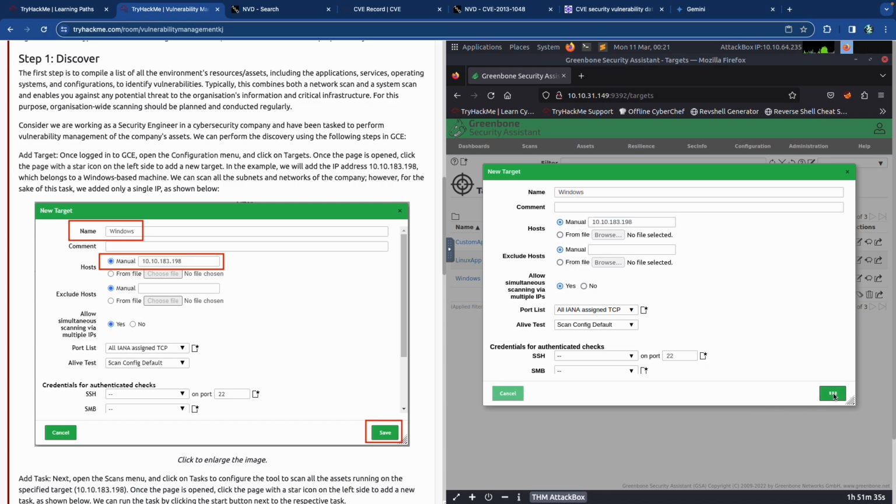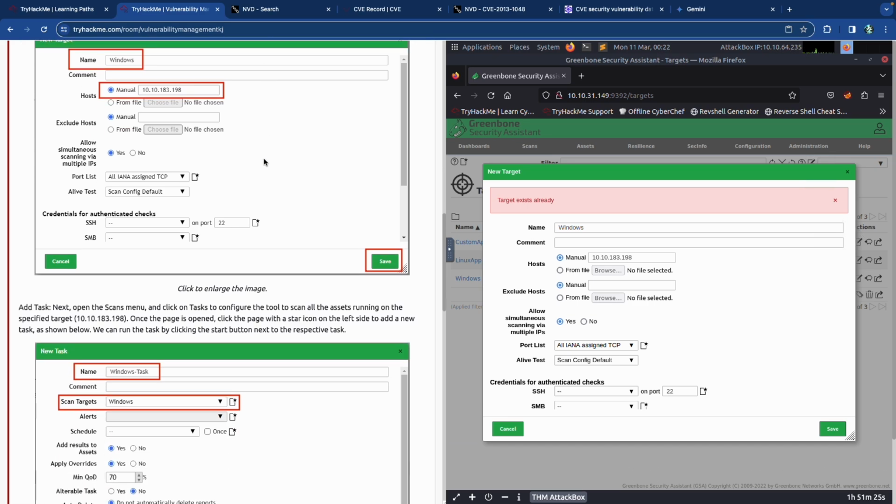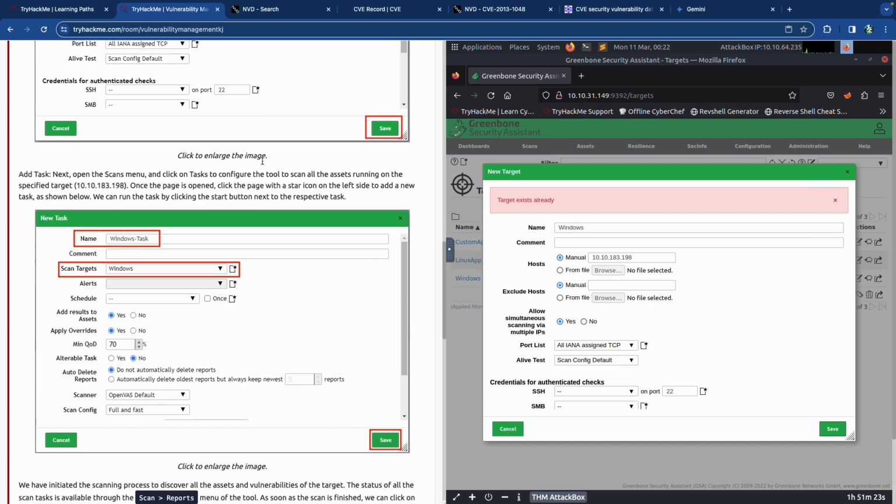And if we don't get the answers to the questions that we want. So it says target already exists. So that probably means that I don't need to do that. Add task next, open the scans menu, click on the task to configure the tool for the assets and the